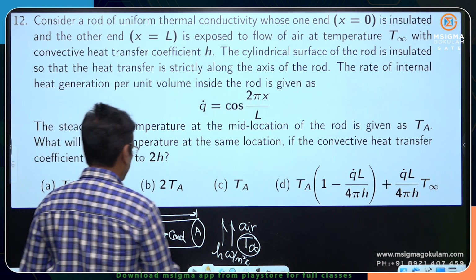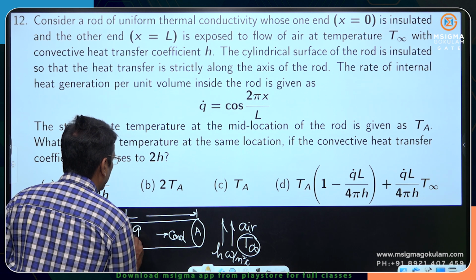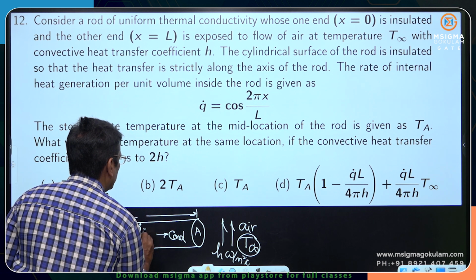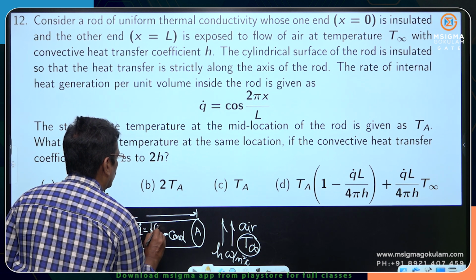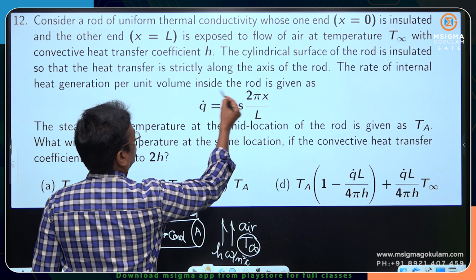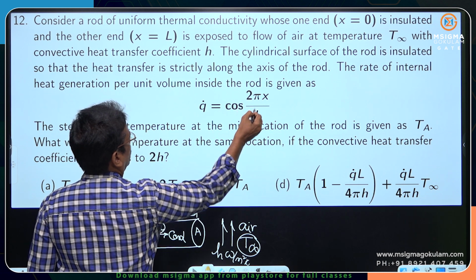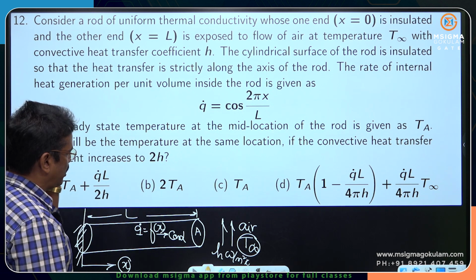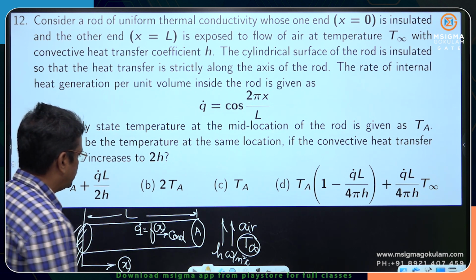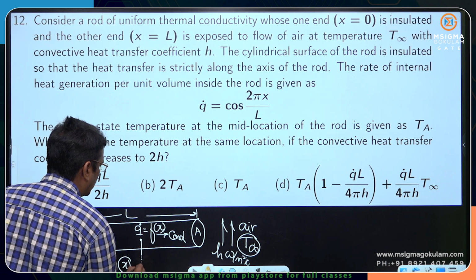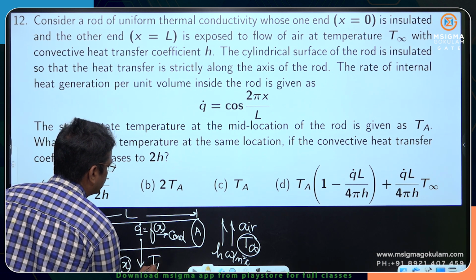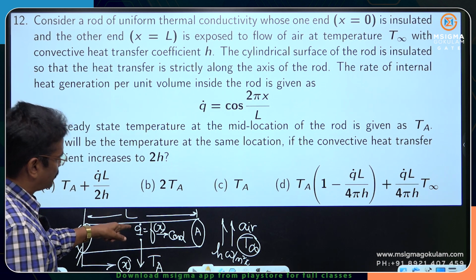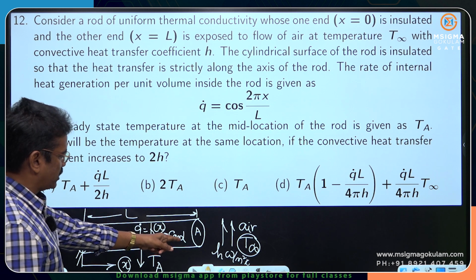This is the very important thing. Q dot is a function of x. This Q dot is the heat generated per unit volume, and it is a function of x. Look at this particular function: Q dot is cos 2 pi x by L, where Q dot is the heat generated per unit volume. Steady state conditions are prevailing. The temperature at the midsection of the rod is recorded as TA under steady state conditions. What will be the temperature at the same location if the convective heat transfer coefficient H